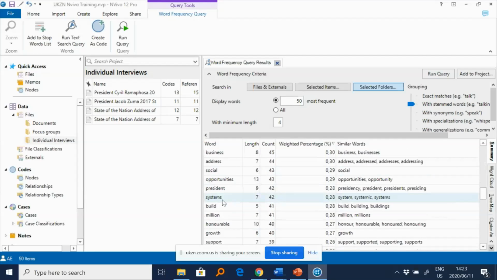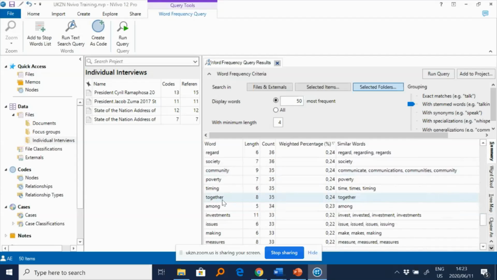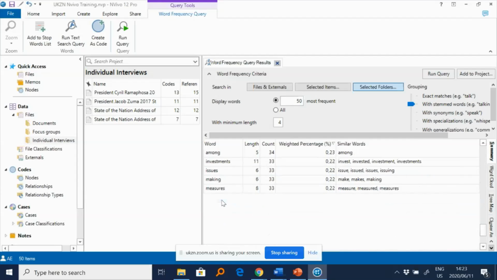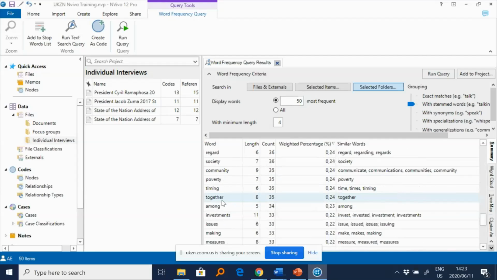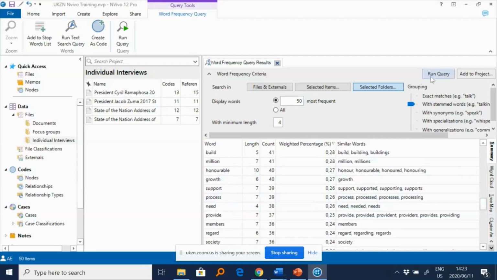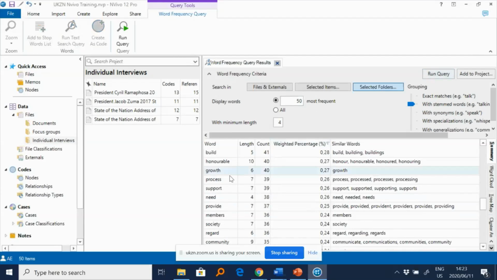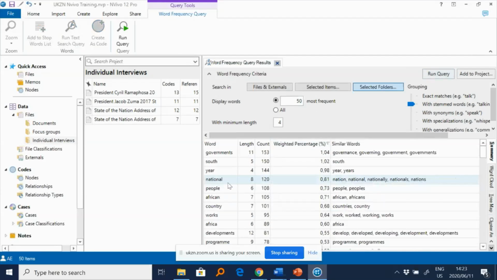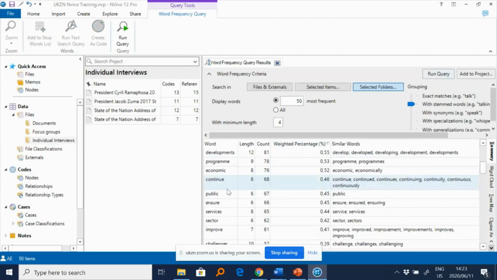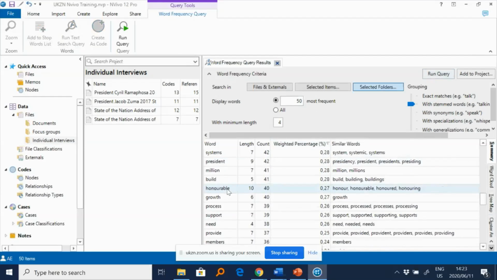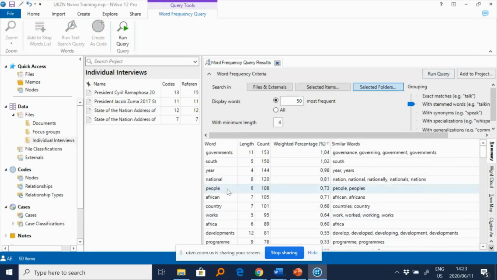So you keep scrolling down just to have an idea. You look, are there any other redundant words? I don't see any, and I run my query again. So when I run my query again, if I go through it now, that word also is no longer here, it's gone. Okay, so these are the most frequently occurring words in my transcript.